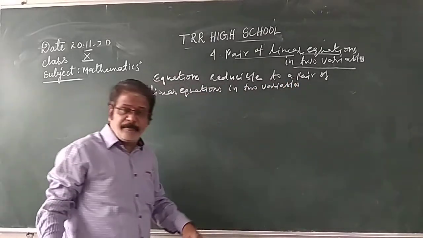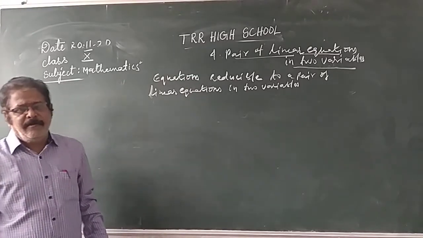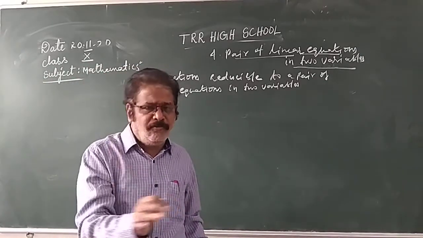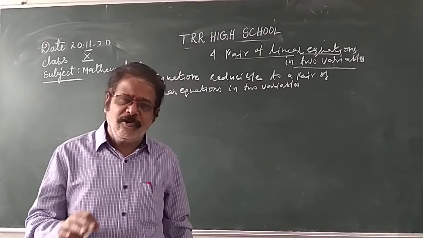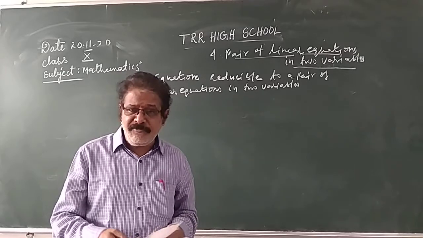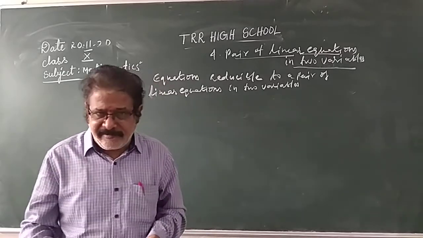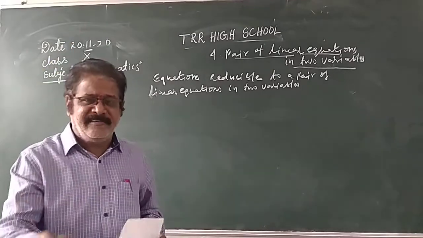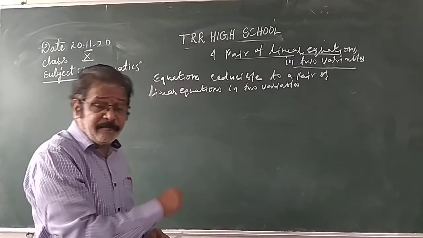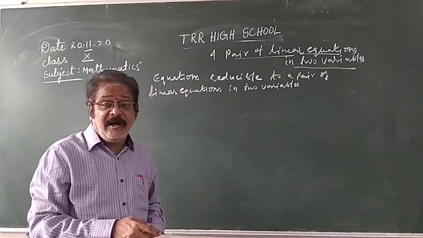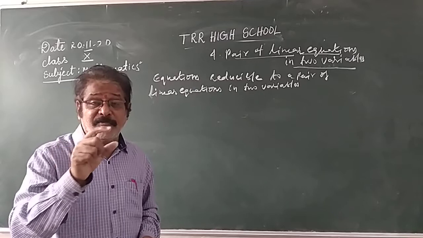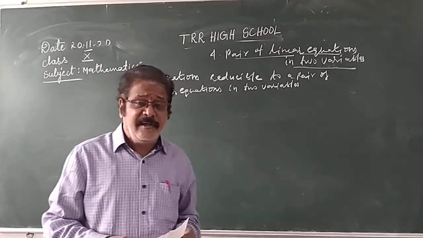This is the last concept of this chapter, pair of linear equations in two variables, and whatever the concepts I explained so far, related problems you do, exercises 4.1, 4.2, 4.3 are there here. Okay, you complete the exercise problems. If time is there, in the next class we will see. I will try to explain each exercise. One sample problems are explained. After completion of this last concept of pair of linear equations in two variables, in the next class onwards, exercise wise, I will explain model problems, 1 and 2 problems. Like that, you can solve the exercise problems.